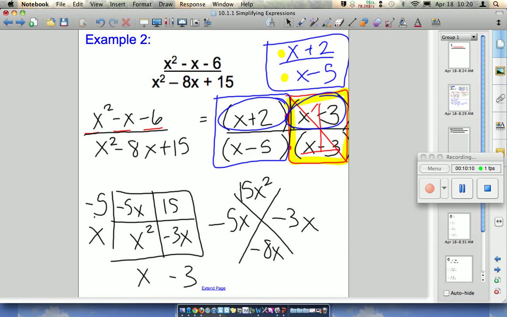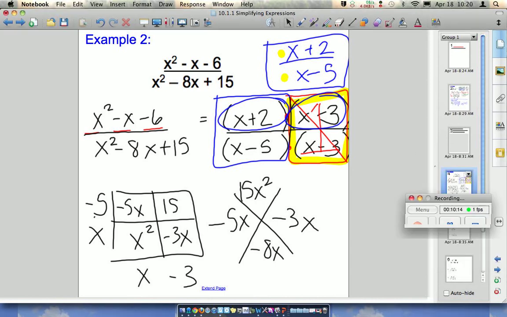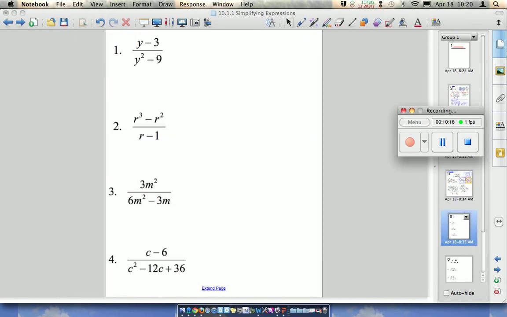So do your best on your next set of problems. The questions you're going to encounter next are going to continue this process. Remember your simple 2 steps. You want to factor, then find your ones that can cancel. Okay, so 1 is your friend here when you're simplifying fractions like this. So be sure to ask your teacher questions and check back. And be sure to ask your teacher questions if you're not sure how to do this, or check your answers with